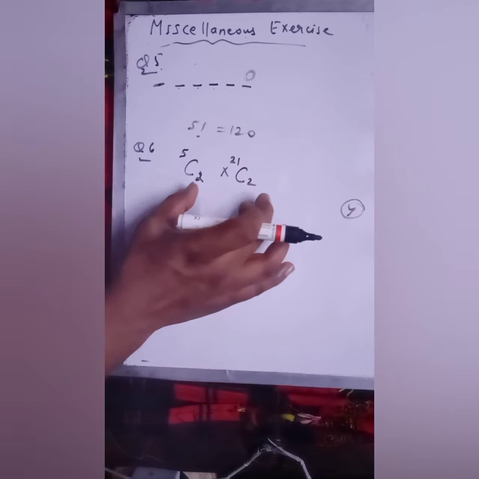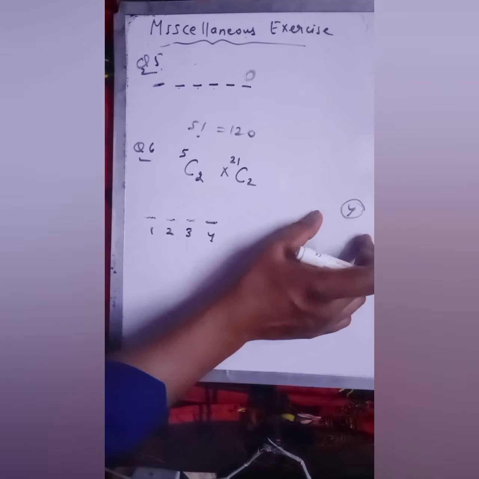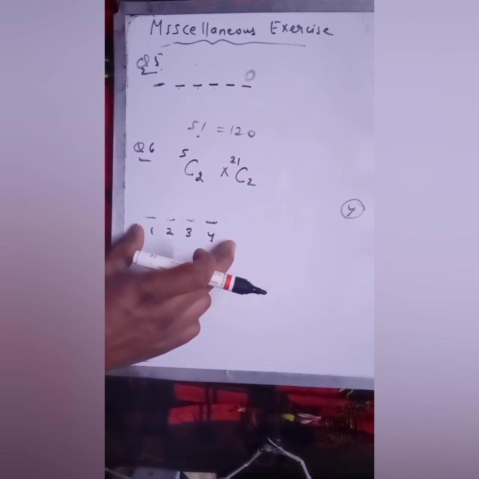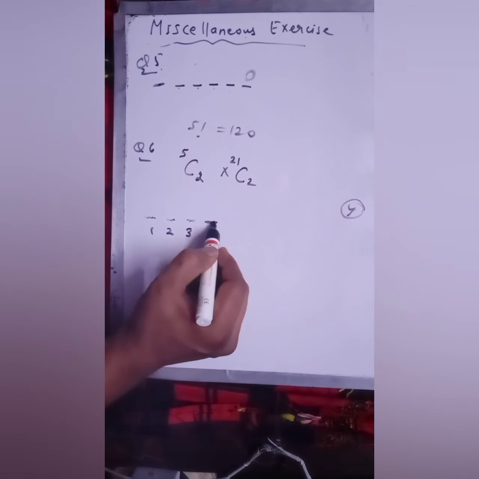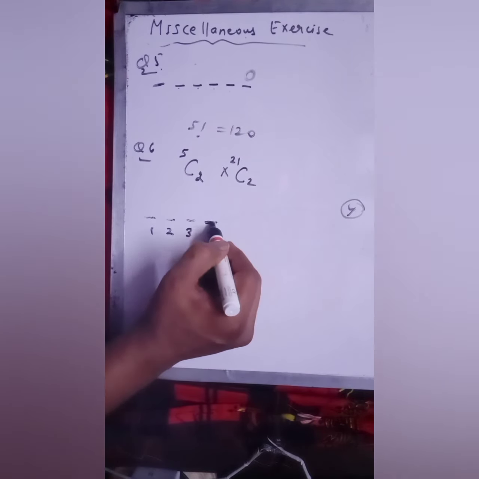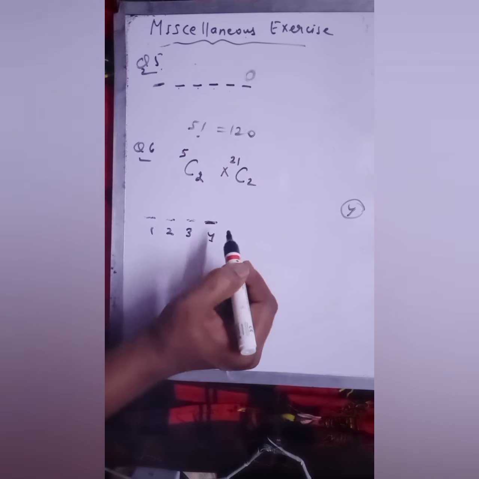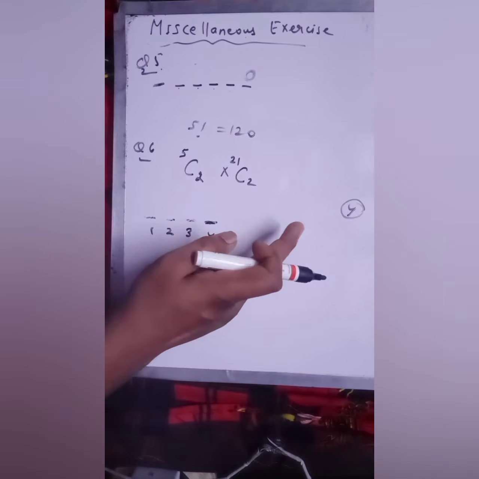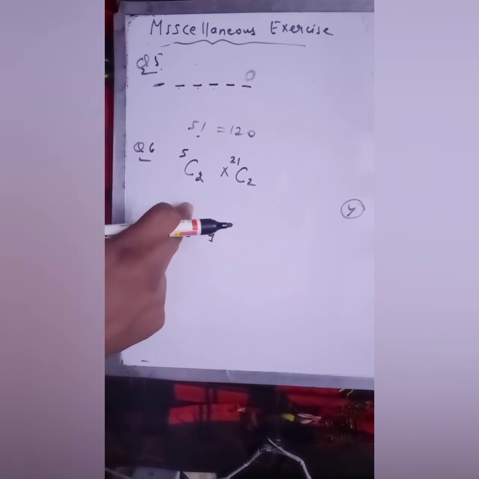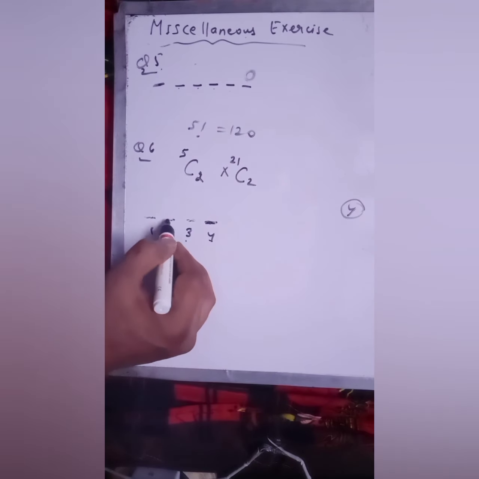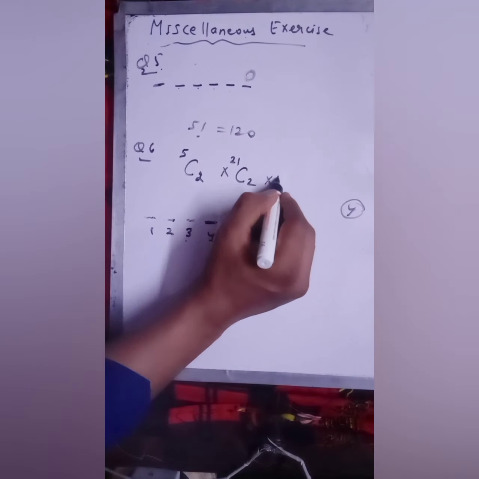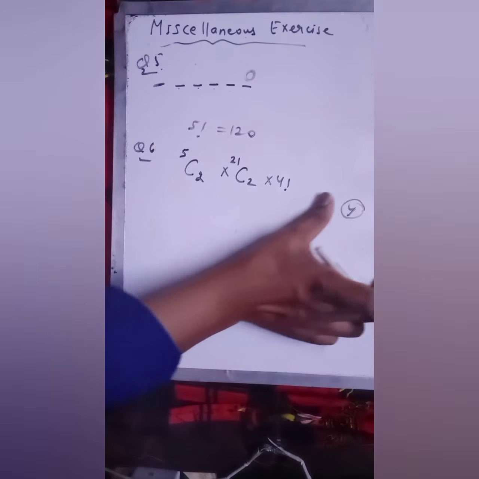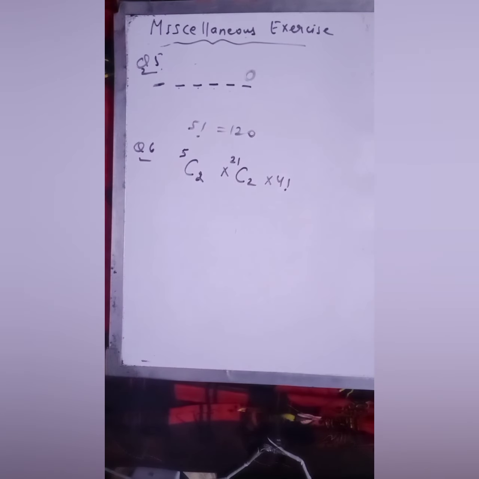जो भी आपने दो vowels और 2 consonants चूज़ किए हैं, इन चारों को भी तो आप अलग अलग वे से अरेंज कर सकते हो. मान लो इन चारों में से मैंने इसको फिक्स कर दिया पहले नंबर्स को, तो पहले के लिए चॉइस आपकी होगी 4. फिर एक फिक्स हो गया, बाकी आपके पास 3 नंबर्स बचे हैं, तो next places के लिए आपके पास 3 चॉइसेस हो गई. Then 2, then 1. So multiply this by 4 factorial. ठीक है. So this is the solution of question number 6.